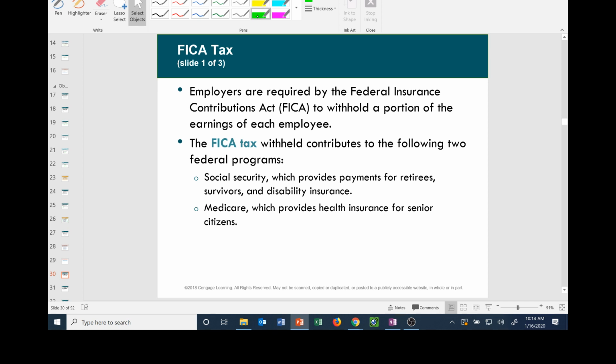All right, our next tax is FICA, which is broken up into Medicare and Social Security. We talked about that a little bit the other day. I think, Amy, did you say your parents were drawing Social Security? My mother does. Your mother.